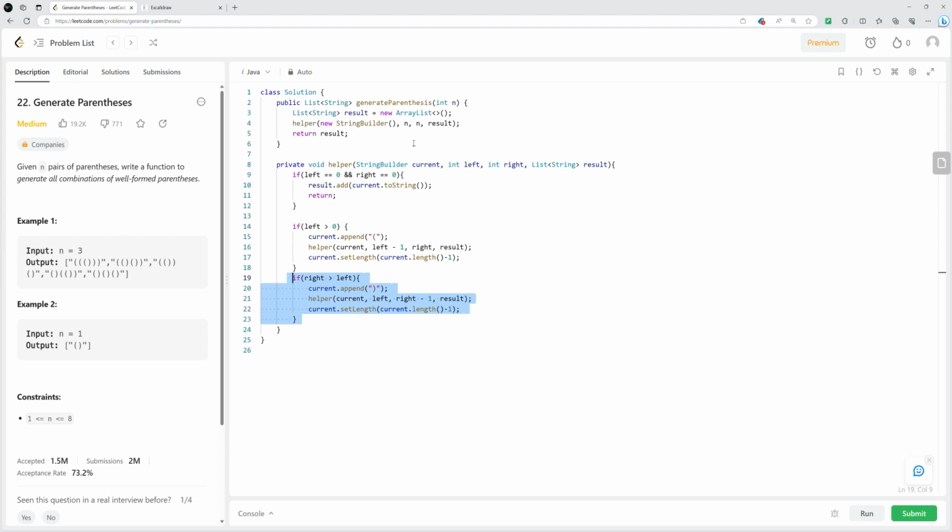Now, the time and space complexity are a bit tricky, and they are described, so we always have a multiplier because we are adding for each of the well-formed parentheses. We will be converting the string builder to the string and adding that to our final list. But the second part is actually called the Catalan number, and it describes the time and space complexity perfectly. But for interview purposes, we can always get a less restrictive boundary. This is only for the interview purposes. So we can say that it's like 4 to the n times n,